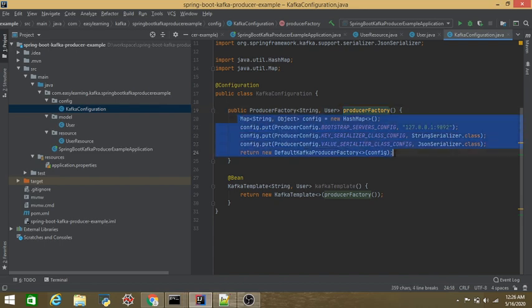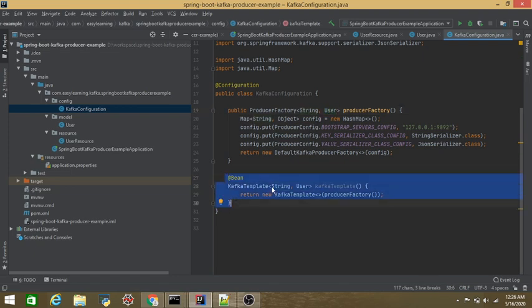So guys, to whom do we have to tell that, okay, go and do all this stuff? At the time of initialization the class is loaded, but who will provide the instruction for that? That's where Kafka template comes into the picture. So we need to do the bean injection here. In our last video for sending the string messages, we did not have to inject a bean for Kafka template. We just autowired the bean, we just injected the Kafka template there, and we used it.